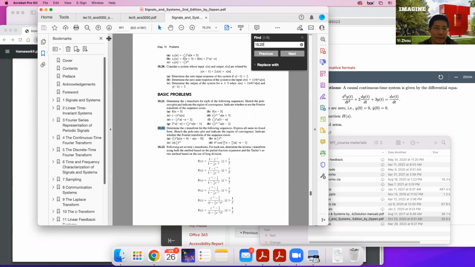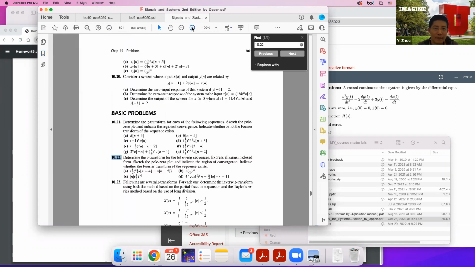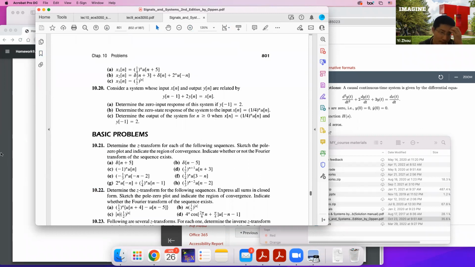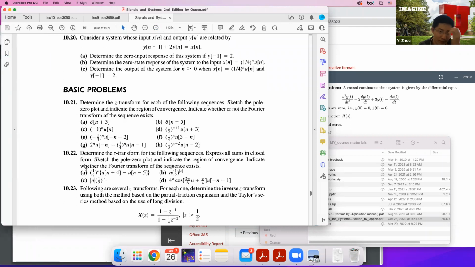Determine the Z transform for the following sequences and sketch the pole-zero plot. So it's basically calculating the Z transform. For this one,